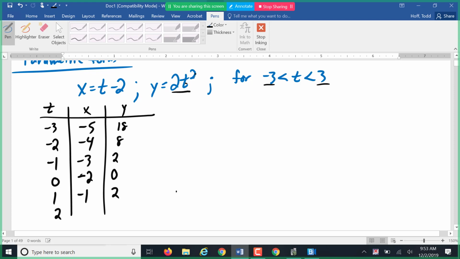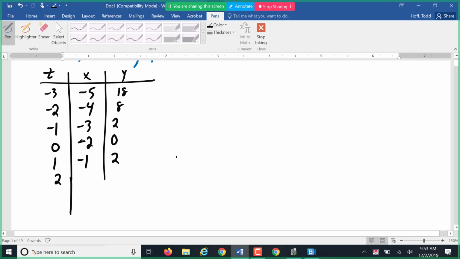If t is 2, 2 minus 2 is 0. Y is going to be 8. If t is 3, 3 minus 2 is 1. Y is going to be 18 again. So if we're looking at a graph,